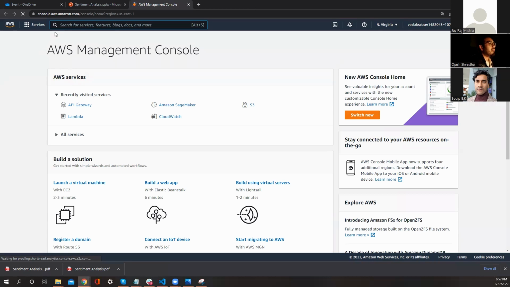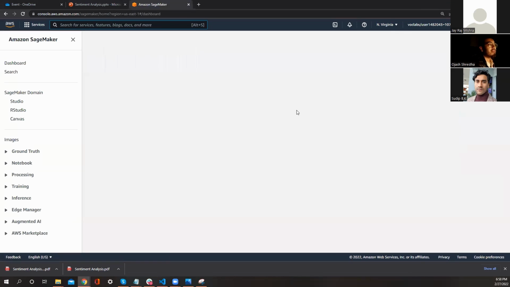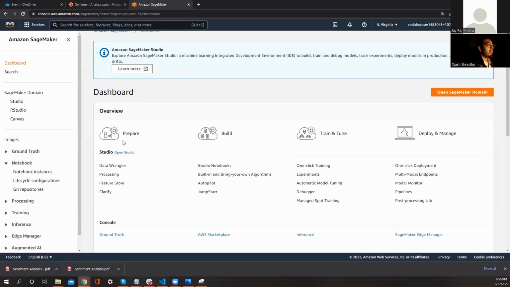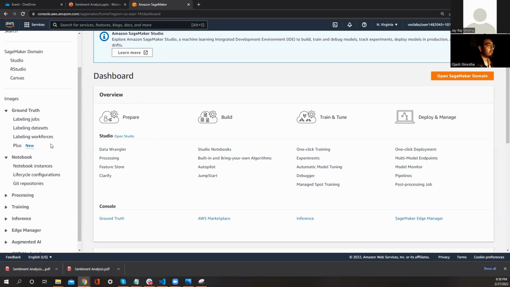So basically, this is the Amazon web page, right? Over here we've got the Amazon SageMaker service. Amazon provides many different machine learning services, like Amazon Comprehend, which gives you sentiment analysis itself. Instead of that, if we use Amazon SageMaker, it gives you the end-to-end process where we prepare our data, train our model, and test it. For example, in Amazon SageMaker we've got Ground Truth, where we label our data.